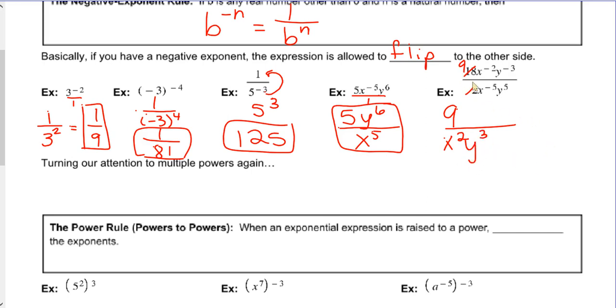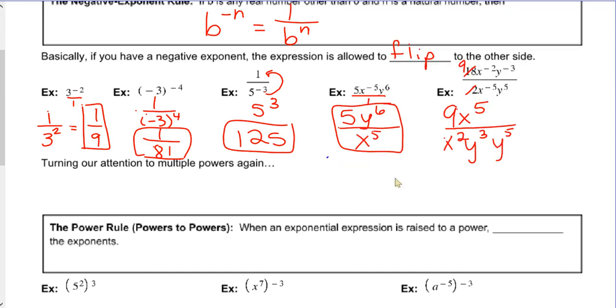Now, we already worried about the 2, got rid of that. Now I look here and I have x to the negative 5. It's negative, so it has the right to move to the top and become positive. And if I look at this guy, it is positive. So if it's positive, you can't move it anywhere. It has to stay in the bottom. Okay, now we do have a little bit of stuff to clean up here. We do have some x's that we can cancel out, and we do have some y's that can cancel out. So if I look at this,